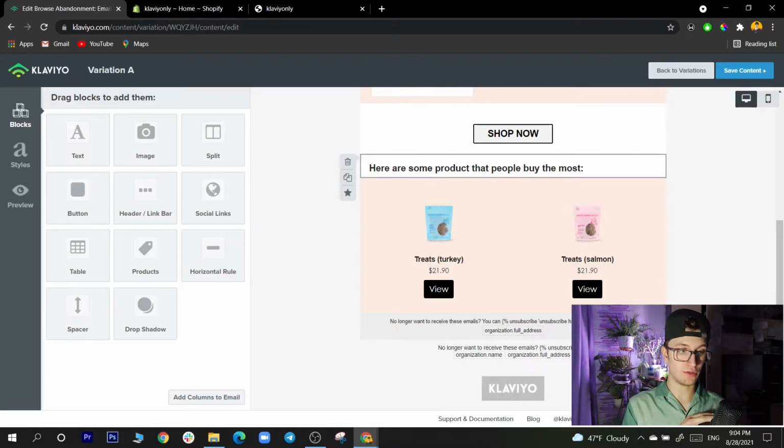The 2 jars of jam with a discount were selling better than 6 jars. Why? Because people were so overwhelmed with different flavors that they ended up not purchasing at all, right?